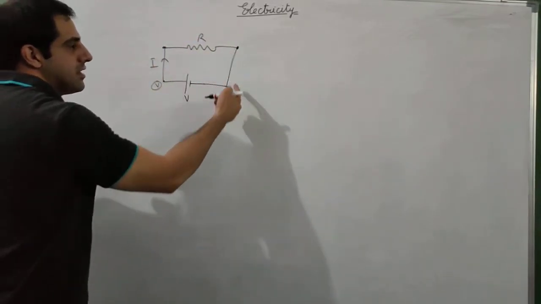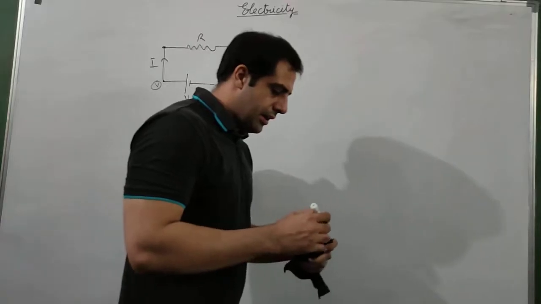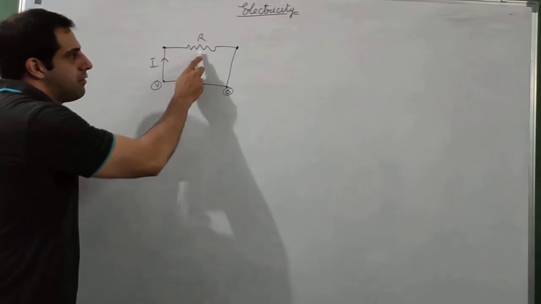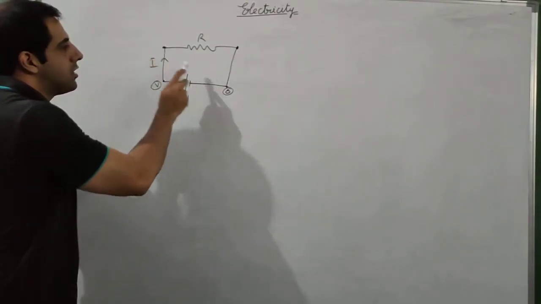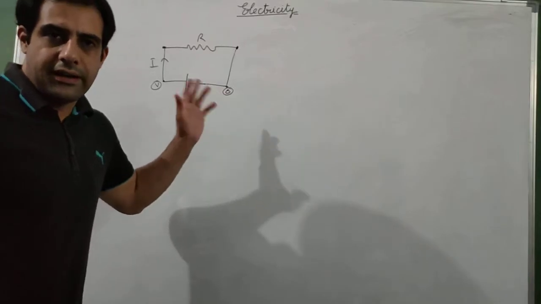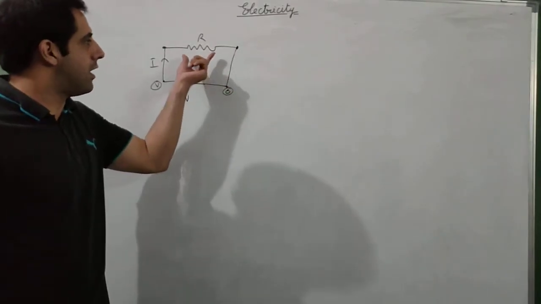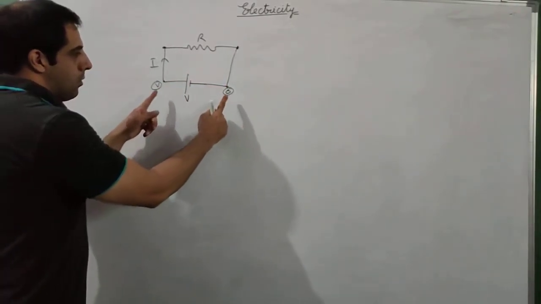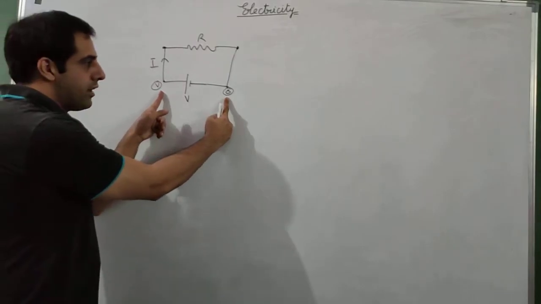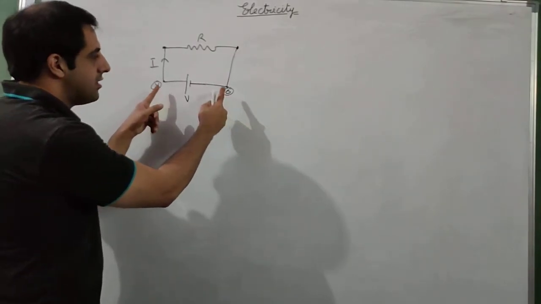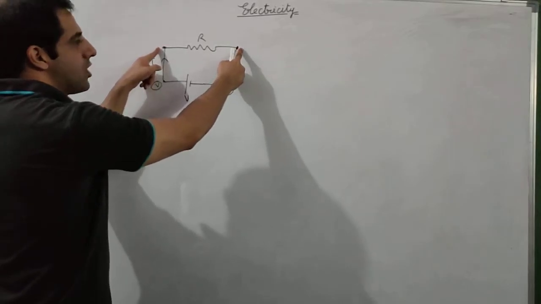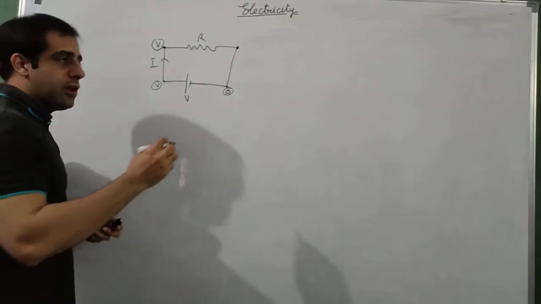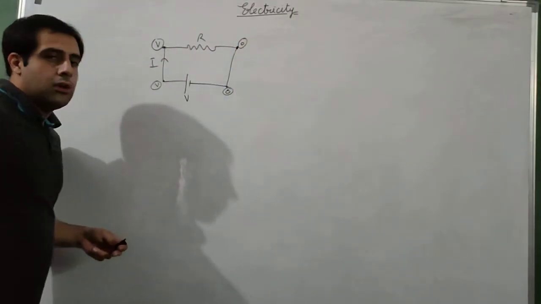This potential difference is transferred as it is over to these points, because there is nothing in between. These are straight conducting wires, and we can assume that in conducting wires the resistance of the wire is much lesser than the value of this resistor. So we are going to ignore the resistance of the conducting wire. We will take into consideration only the value of the resistor because of the huge difference. So if on these 2 points a potential difference of V volt is created, then this potential difference will be transferred as it is to these 2 points. So this point will also have V potential and this point will also have 0 potential.